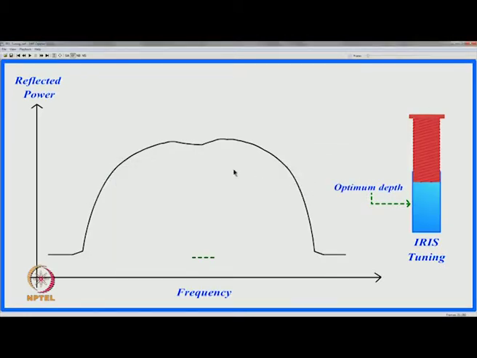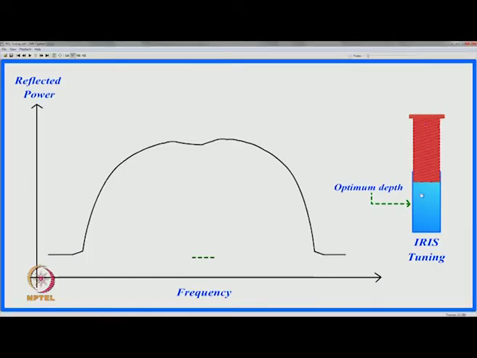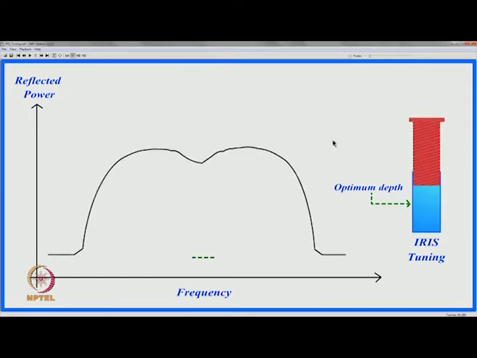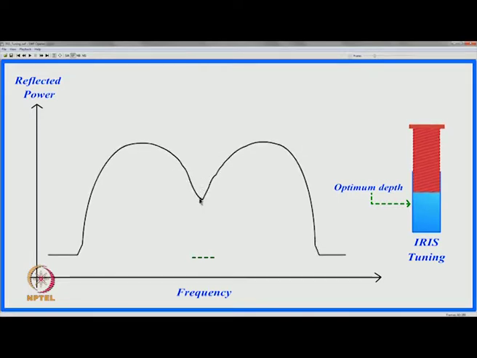So, let us say the tuning screw is quite far and the cavity is not matched properly, and this is the tuning screw shown in red. Now, I try to insert the screw slowly inside, and the small dip that you see here is the place where the cavity is trying to retain the microwave power inside it. Now, let us run this one. So, here the cavity tuning screw is gently inserted, and see how the dip is increasing. Dip is increasing means less and less power is getting reflected from the cavity.